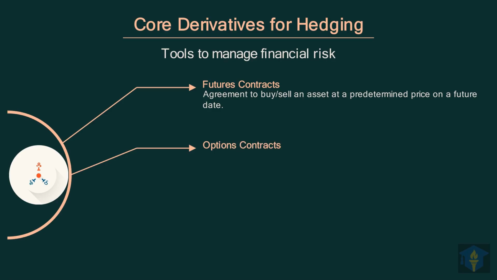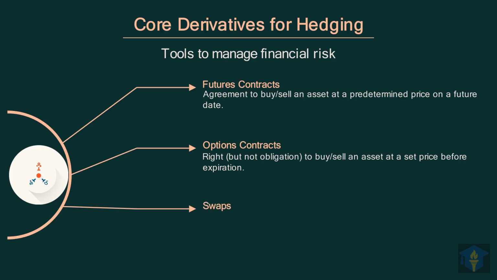Next, let's look at options contracts, which offer more flexibility compared to futures, providing strategic choices for investors. An option gives you the right, but not the obligation, to buy or sell an asset at a set price before its expiration. Finally, we delve into swaps, which are versatile financial agreements used to exchange different types of cash flows between parties. A swap is a contract where two parties agree to exchange cash flows or interest rate payments